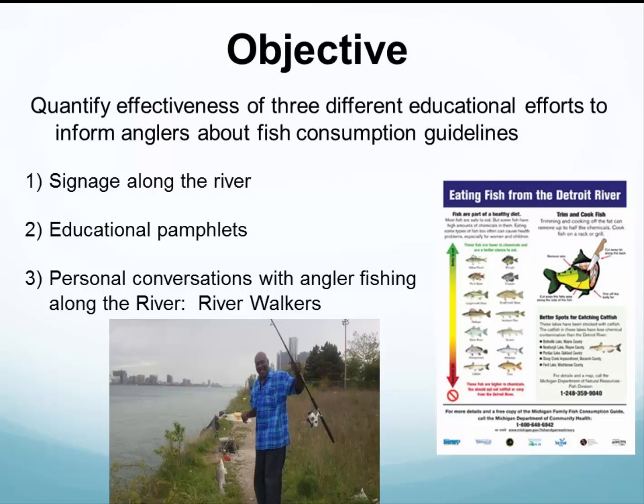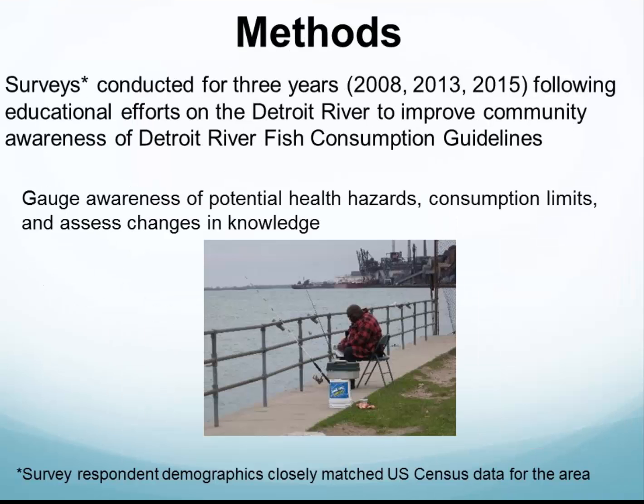Okay, so we conducted surveys for 3 years beginning in 2008 and alternating in 2013, 2015. Just wanted to note that the survey respondents' demographics closely matched the city of Detroit, about 86% African American, about 10% Caucasian, and with the rest being distributed amongst different demographic groups. So we wanted to gauge the awareness of the potential health hazards, consumption limits, and assess changes in knowledge over